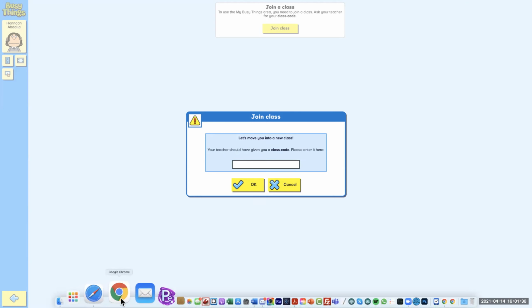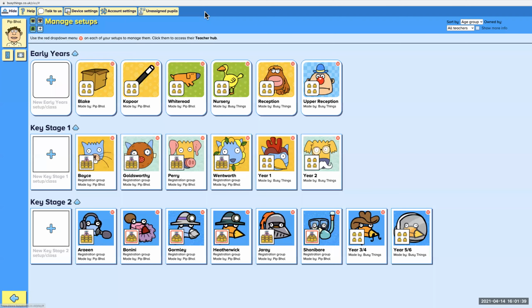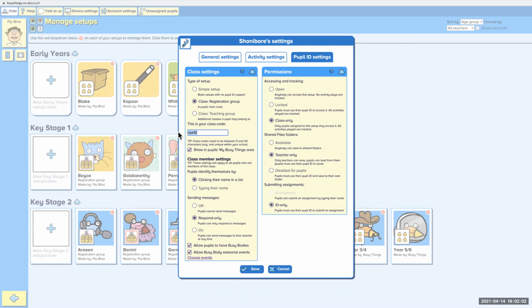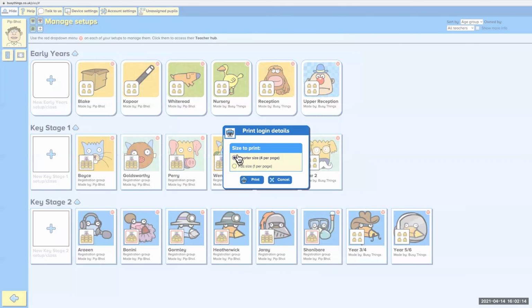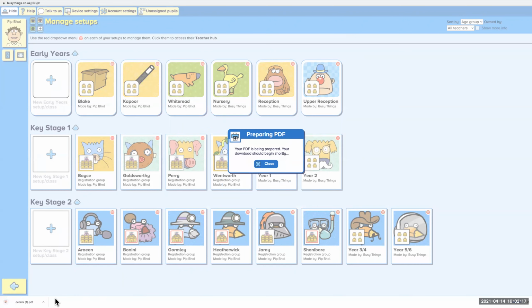So the way that pupils on LGFL join is, when you made your classes, you would have seen a class code generated at the end. You can get that back here in manage setups, get class code. Print class code gives something that you can hand out to the pupils and gives them instructions on what to do. If we just go get class code, it's there, look. And you can edit that here as well before you generate print class code. So if I do full size so you can see it,